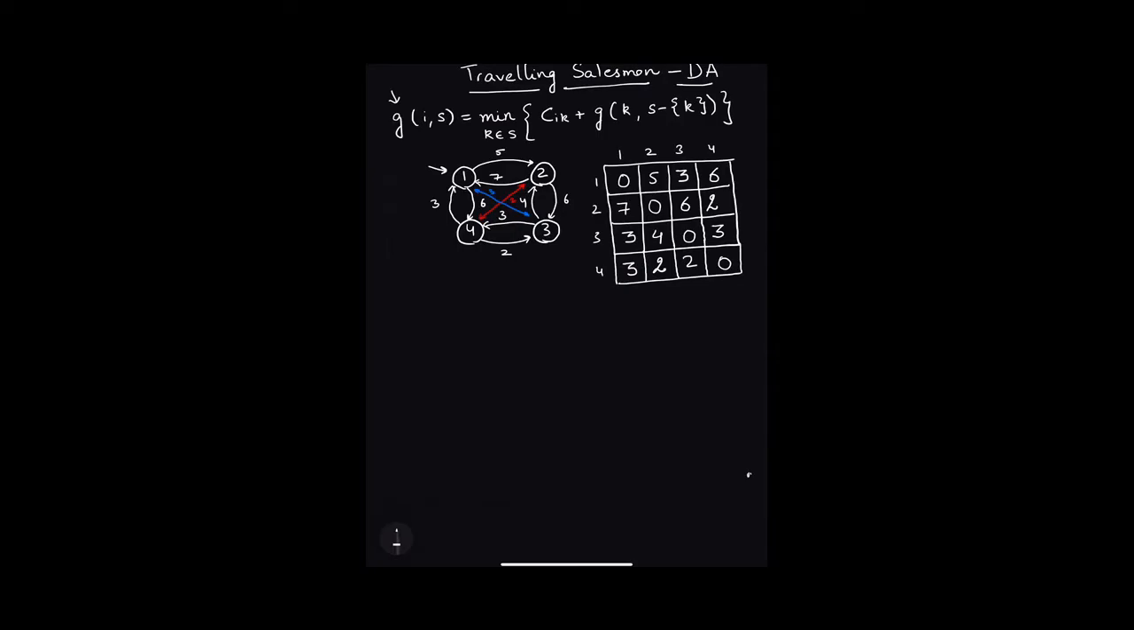Hello everyone. In this video, we are going to understand the problem of traveling salesman using dynamic approach. What we have to do is start from the initial node, and after traveling all the vertices, we have to again reach the initial node. So over here, I have drawn a graph and the weight of the edges has been displayed in the tabular